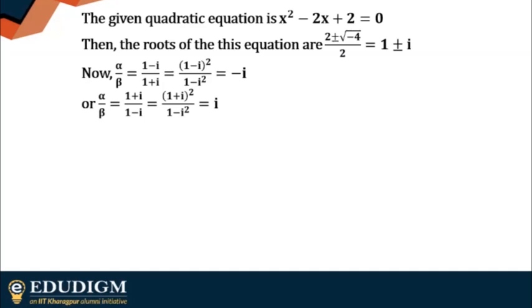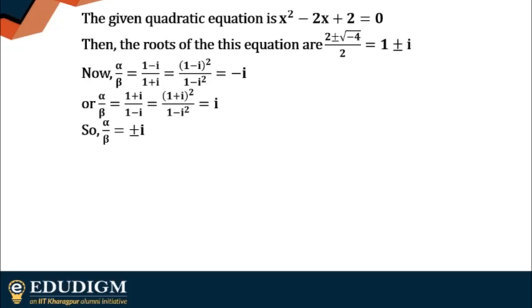So I hope you understand what I'm talking about. The point is, this is actually plus minus i. If alpha is minus i, none of them. See, alpha is not minus i. It can be either 1 minus i or 1 plus i. So what are the possible options? Alpha is 1 minus i, beta is 1 plus i. So I hope this is clear.